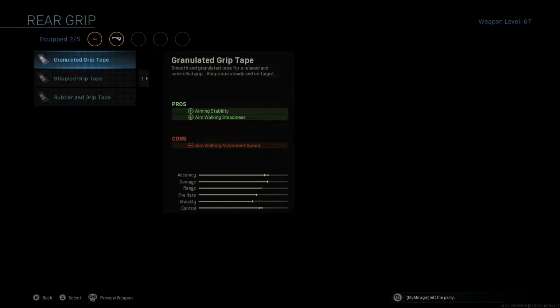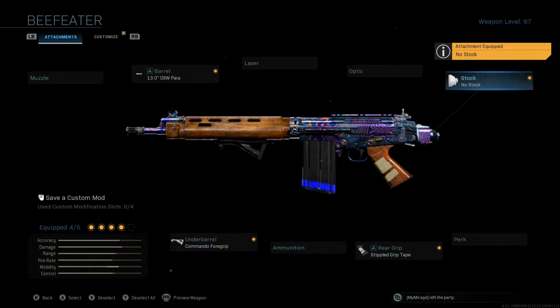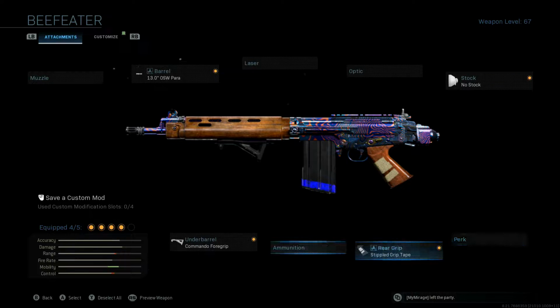We're going to be skipping over ammunition, going over and throwing on stippled grip tape. Basically, all we're doing is making this bad boy have some good ADS time, because all that really matters is your first shot accuracy. So, as long as you're comfortable with the weapon, then you shouldn't have any issue whatsoever